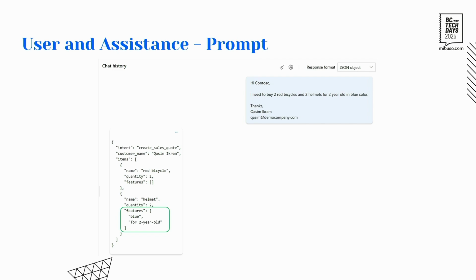And one thing that you can see, the problem over here is it was able to extract the features for the helmet, but not for the red bicycle. So it was not able to basically split the name and the feature out of the user request. So basically our AL logic could be like we want to treat the name of the item differently than the features. So we need better instructions